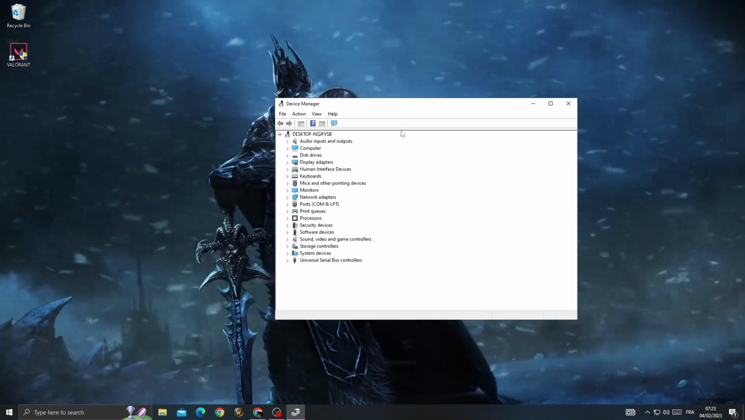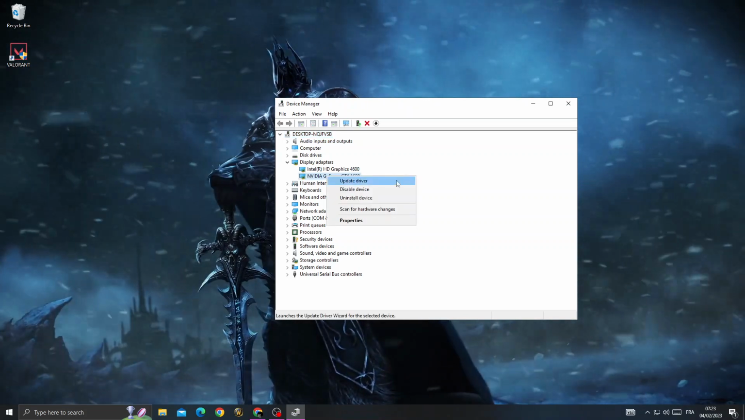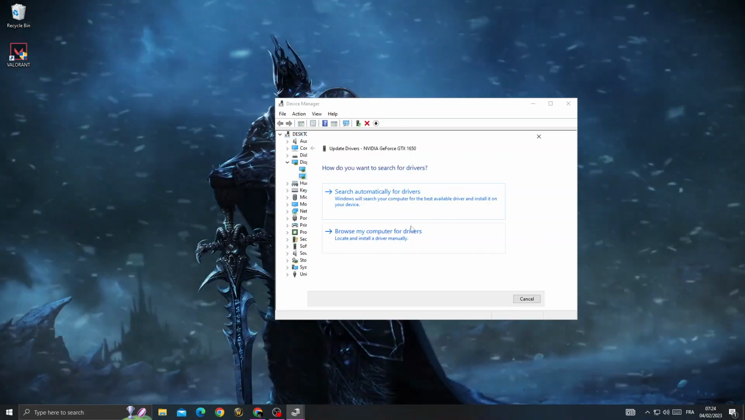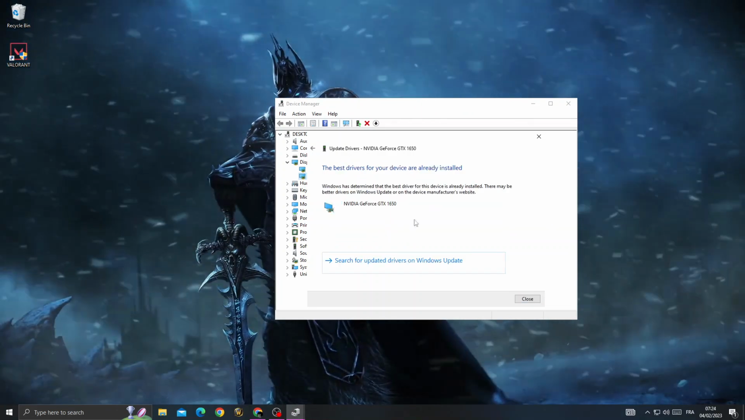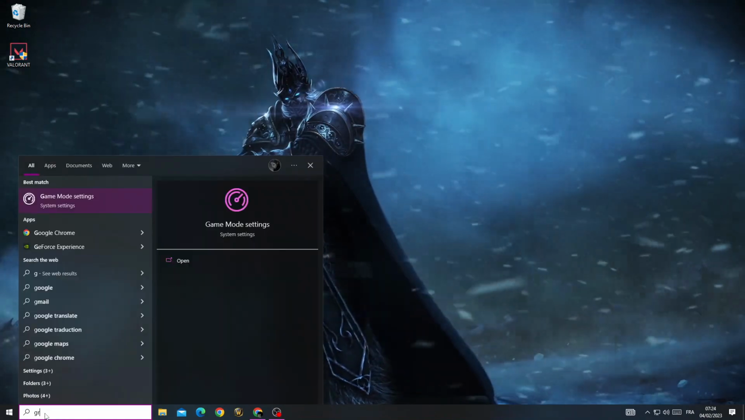Now just click display adapters, right click on your GPU and click update driver. After that, click search automatically for drivers and make sure your driver is updated. Now type here graphics settings,